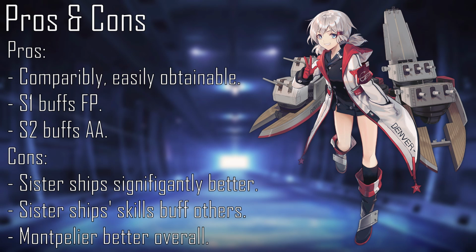Her skills are extremely generic, granted, much like her other Cleveland-class sisters, excluding Montpellier, and they only focus on buffing her, unlike her sisters. Full Firepower is wasted, at least in my opinion, on a light cruiser whose main focus should be AA. Anti-Air Mode does buff her AA, but it also debuffs her firepower, which conflicts with Full Firepower. Both of her skills rely on chance for them to proc as well, having a 3 in 5 and 1